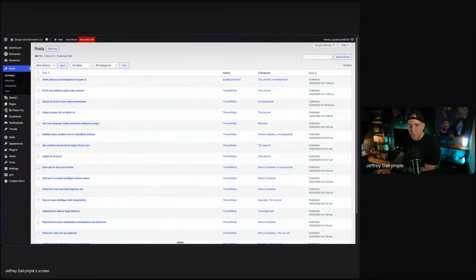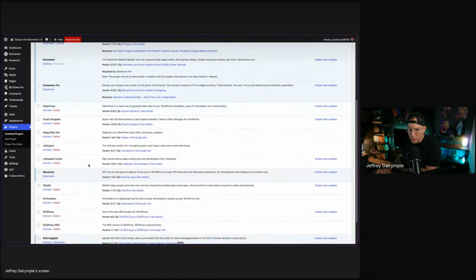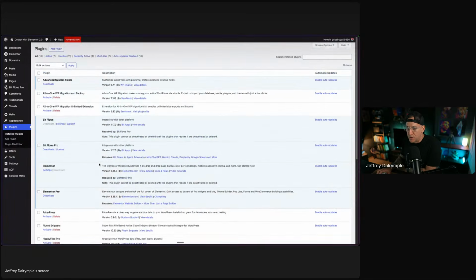So let's go back over here, and I am first going to go and add in. I know I need to add my plugin. So let's go here and add Fluent CRM. I am going to create an automation where a newsletter gets created every single time a blog post is published. The newsletter is created directly from Fluent CRM and sent out to a newsletter list.